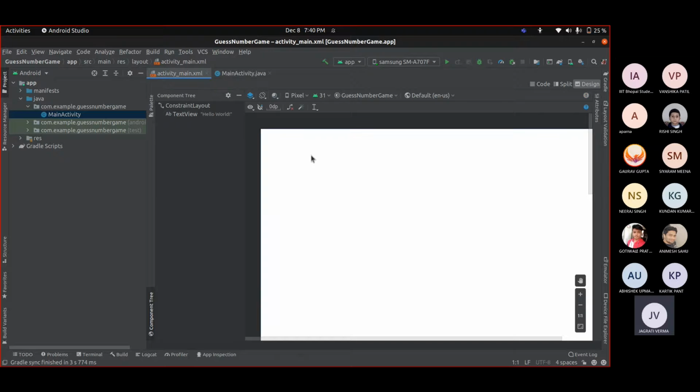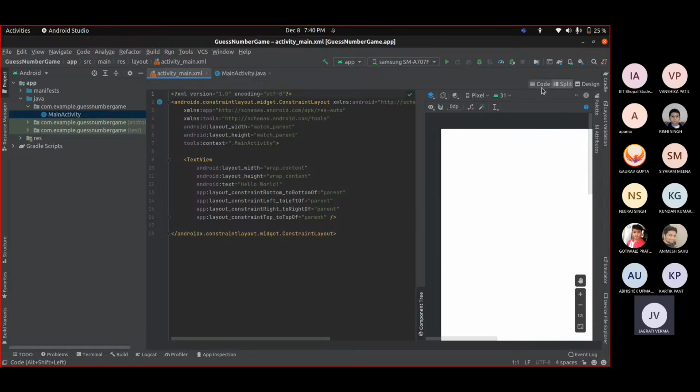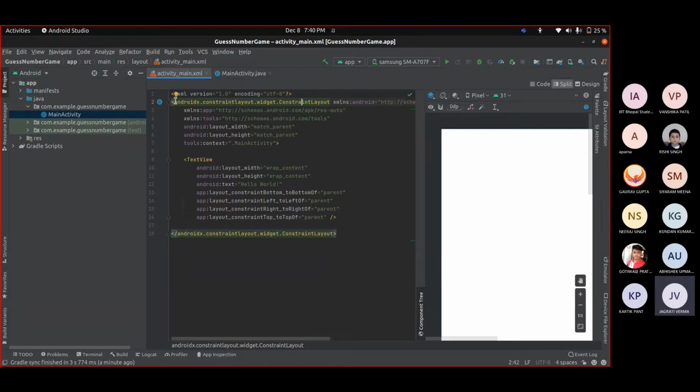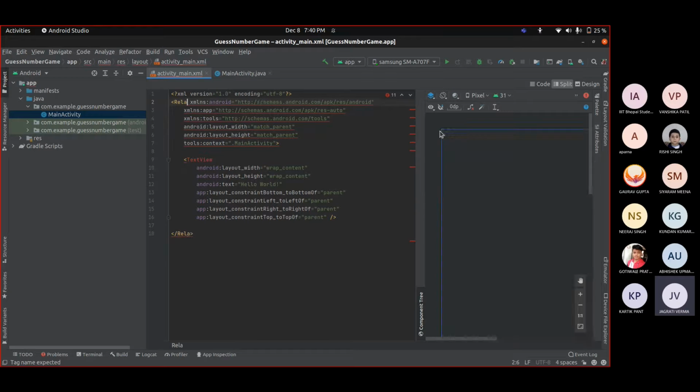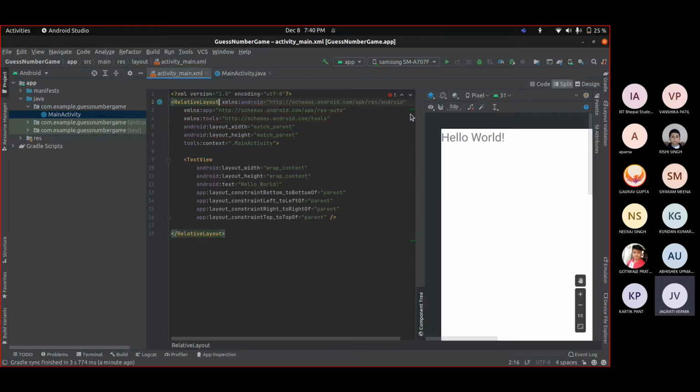So this is the activity_main.xml file. As I told you, for a newbie, I think relative layout is much better than constraint layout. Constraint layout can be hard to work with. So for now, I will remove this constraint layout and write relative layout here.